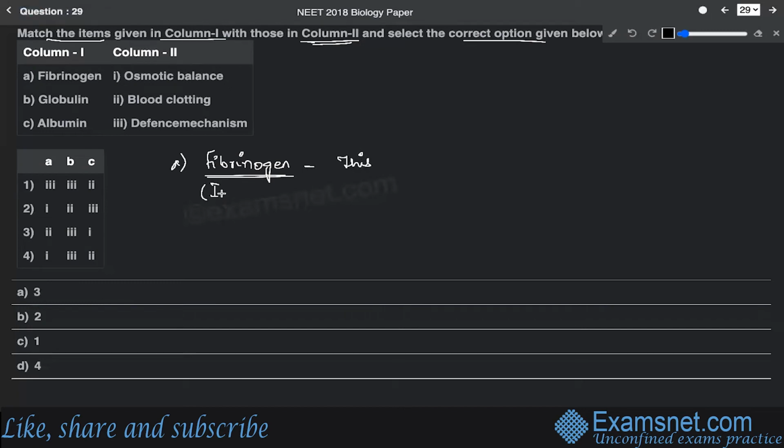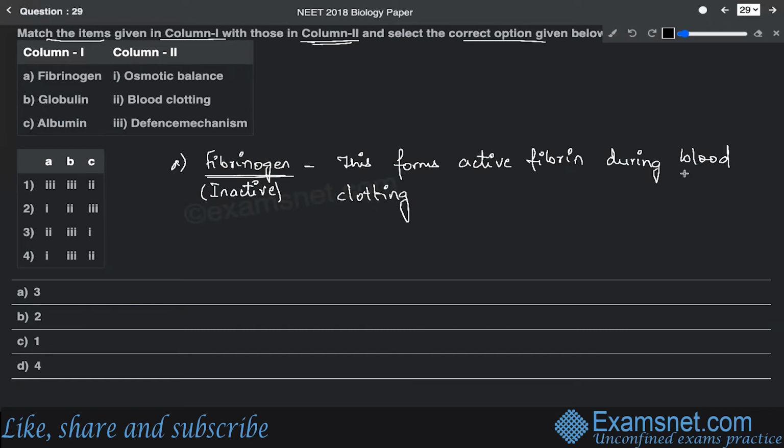So this forms active fibrin, and once the active fibrin is formed, during the process of blood coagulation, or blood clotting,